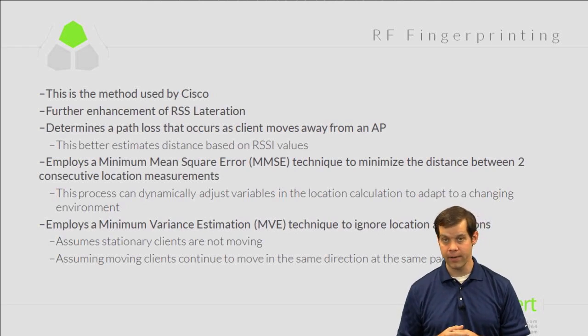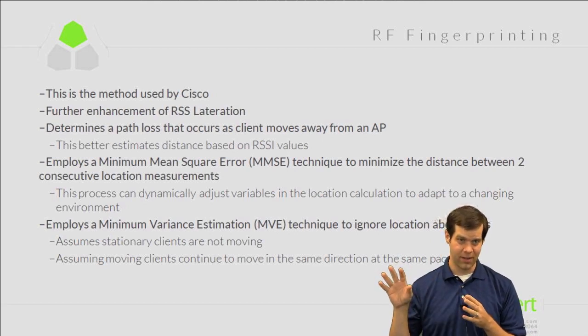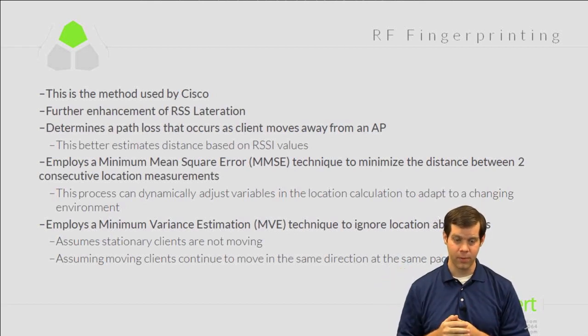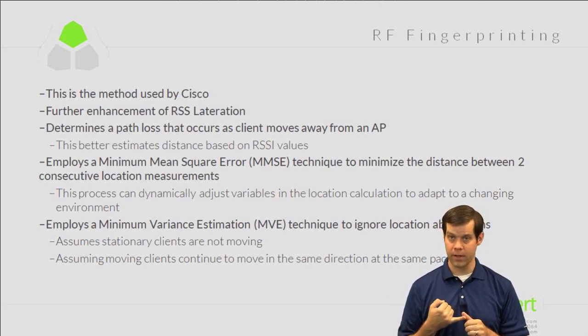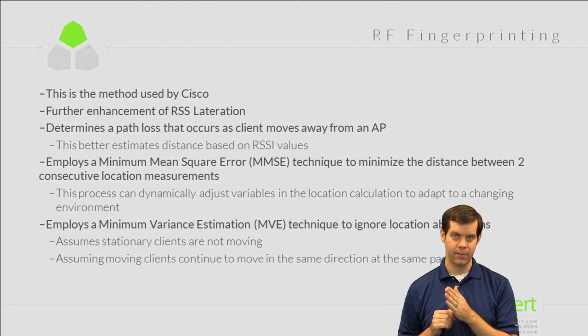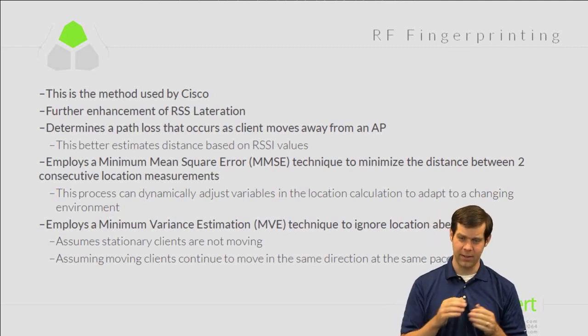Another method is the minimum variance estimation, and that helps ignore location aberrations or results that are really different than the previous results were. So if a client is stationary, it assumes the client is staying stationary. Or if a client's moving, it assumes it continues to move in the same direction at the same speed. So if it gets one or two measurements that are really different, all of a sudden it's moving to the left and all of a sudden it bounces way back over here and then it starts moving again, it'll tend to ignore those